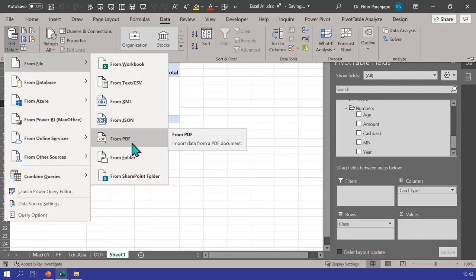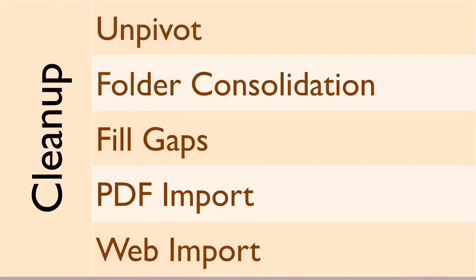Once you select the table, again it's going to say transform and the same Power Query where you can clean up data. Then finally, there is web import. I will try to show you one simple example and then we will go ahead. What do we have in web import? Let's say you have some data on the website. So I'm just going to go to a website